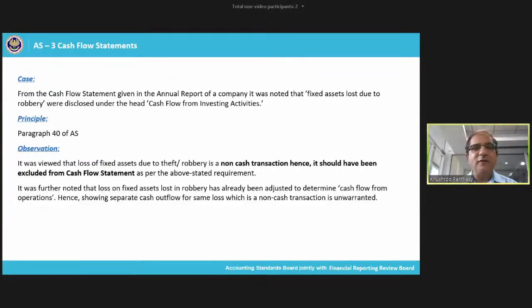And therefore, the right way of doing it is that it is a non-cash transaction, which is what I had mentioned earlier, that any particular asset which is being lost on account of a theft or a robbery is a non-cash transaction. And therefore, it should have been excluded from the cash flow statement, first of all. So if you go on the basis of an indirect cash flow basis, you start with your net profit as per P&L account, which is basically before taxes. And if you have booked that particular loss to the debit of your P&L account, you would add it back